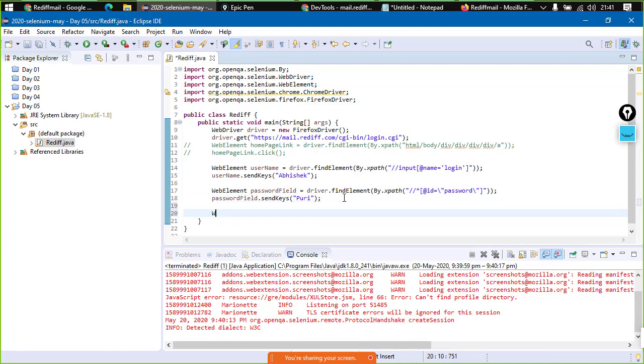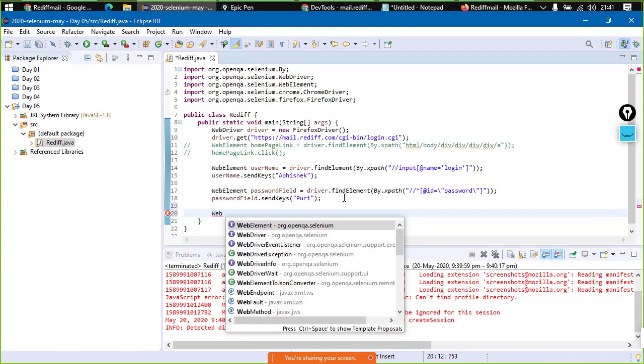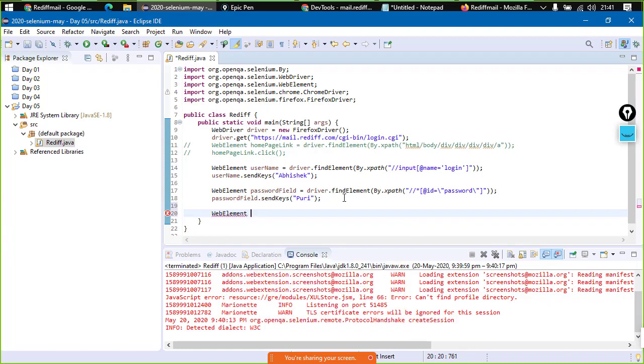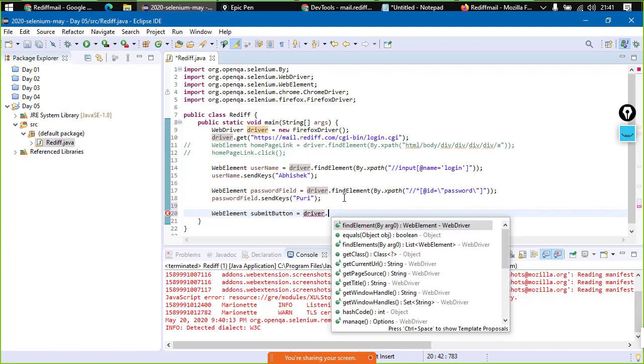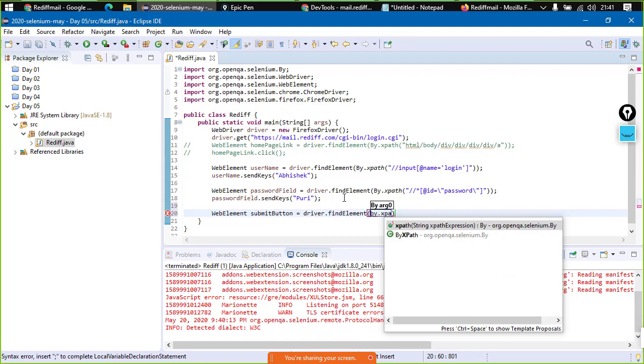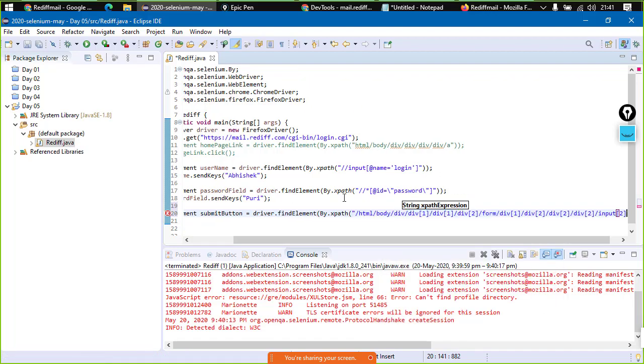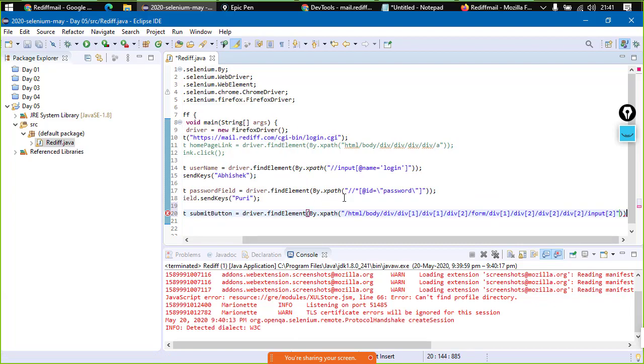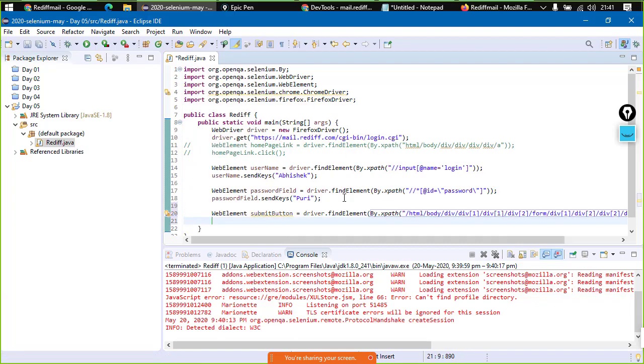So WebElement, say submitButton equals to driver.findElement by XPath, and say what is the XPath expression. So they have provided us a complete XPath. No worries, we can work with it. Say submitButton.click. We need to click here. So let us just try running this code.